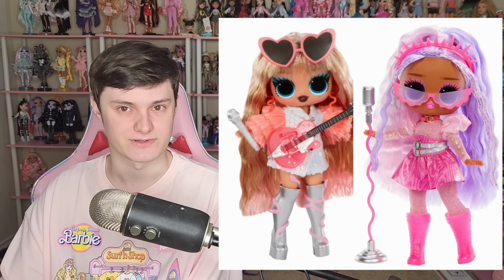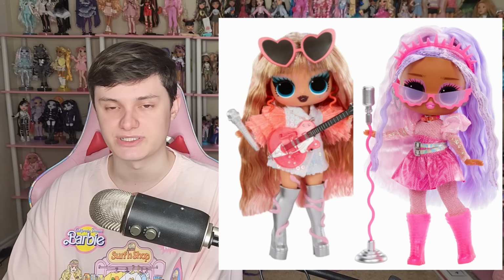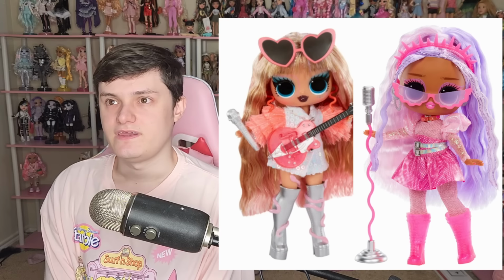Alright, last but not least, some new LOL Tweens dolls. 2 new assortments, actually, but both just have 2 dolls in each. First is the Neon Pop Stars collection, which features Thea Stars and Kitty K, who are extremely legally distinct from Taylor Swift and Ariana Grande. Definitely. But I saw these and I thought,